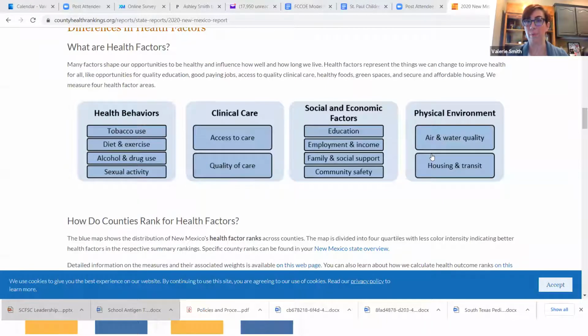You can go by county. So if you want to get as specific as the county you live in, as opposed to the state, depending on what kind of agency you're working with, then you can drill down as specifically as you want to. And then you will get tabs that look, let's see,